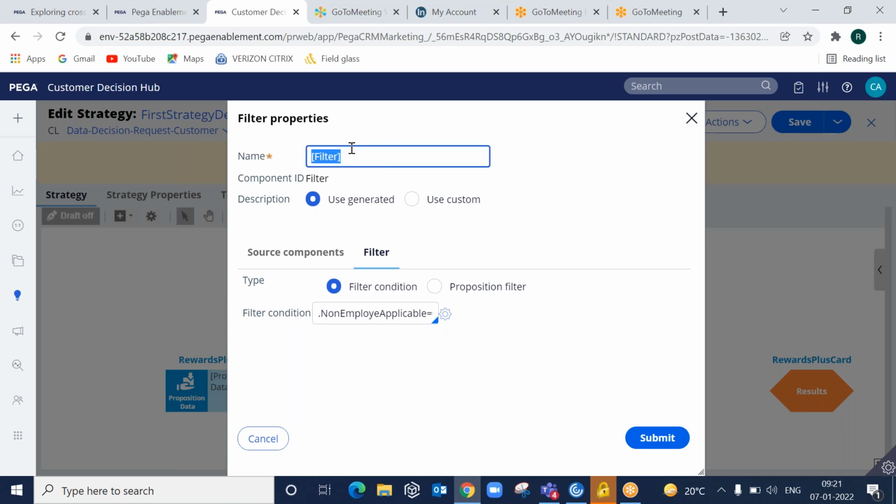I'll say filter offers for non-working customers.